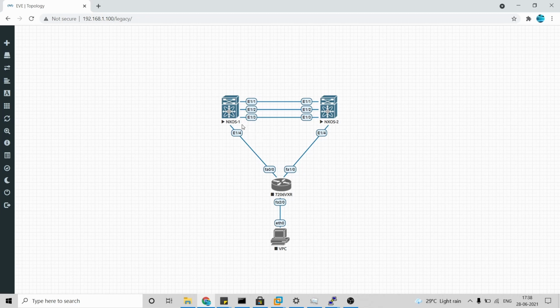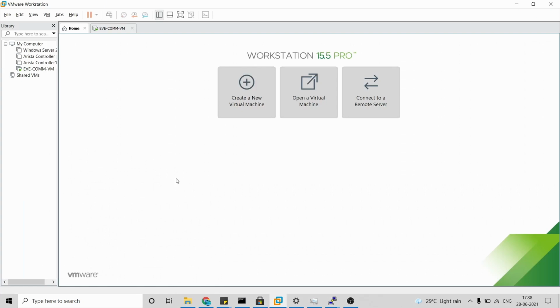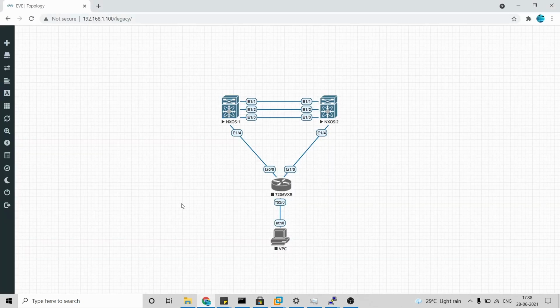So basically here what I have done is I've run two Nexus 9Ks, and I've run this in my EVE environment. So this is my EVE environment, and I'm reaching it through my laptop browser. The specifications required for this, if you are trying to do it in your lab, are pretty high. Each Nexus takes about 8 GB of RAM, and the other devices will take on top of that. So let's skip the introduction and start our configuration.